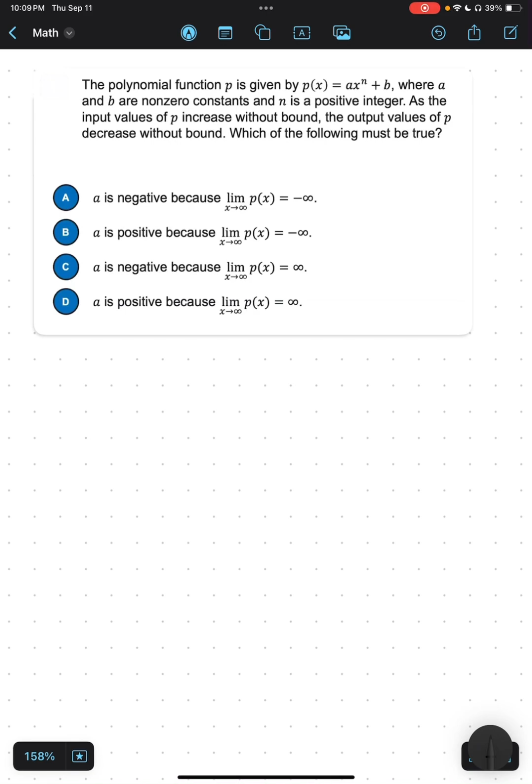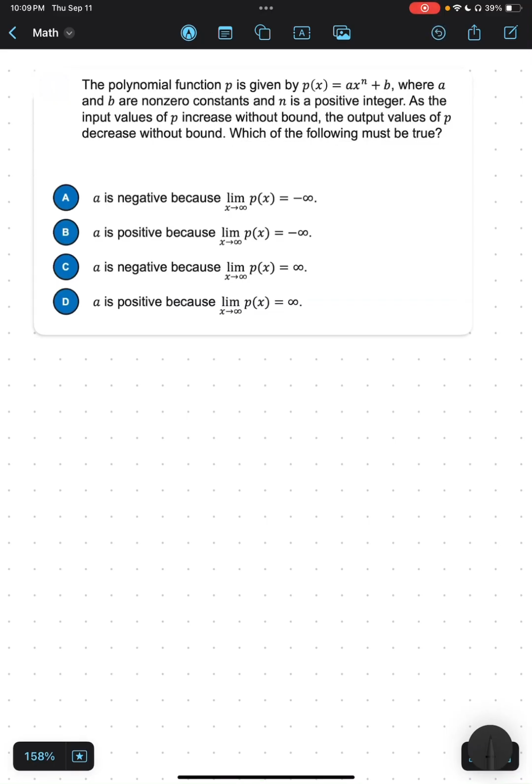All right, so we're given a function. Okay, cool. We are given that a and b are non-zero constants. And n is a positive integer. And as the input values of p increase without bound, the output values of p decrease without bound. So which of the following must be true? Here in this question,